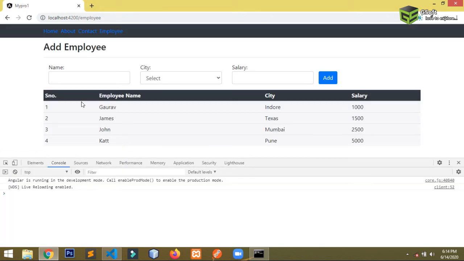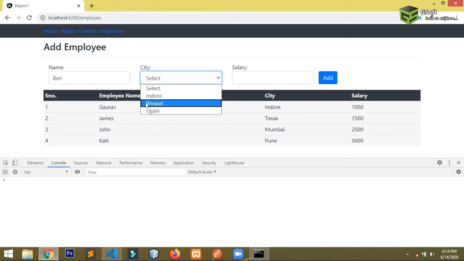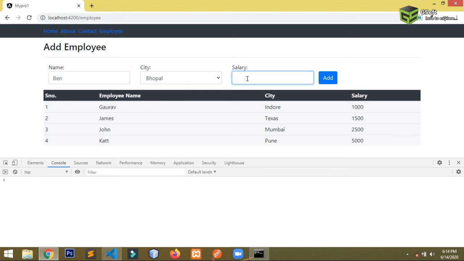Okay guys, so let's see, and you can see here right now there are 4 employees. One I will write as Ben, Bhopal, and salary is 5. And when I click on the add button, you can see here the object is here.